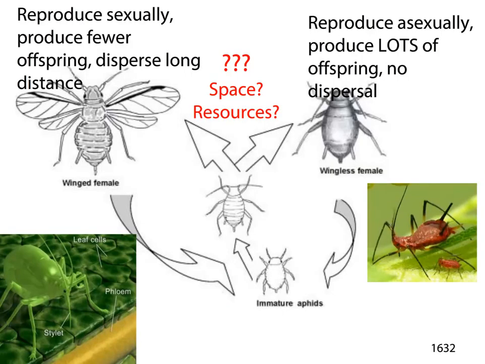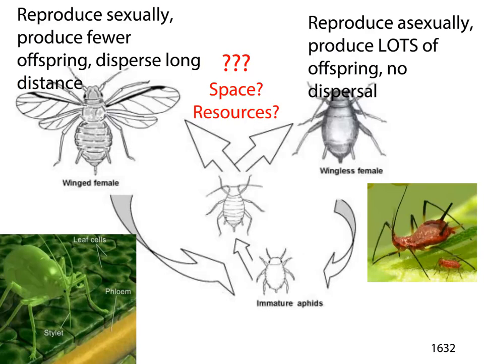Okay, so let's talk about a really cool unexpected mutualism that researchers found not too long ago. But first, let's talk a little bit about aphids. I don't know if you guys have ever seen aphids before. These guys are a pest in agriculture. They feed on phloem. They also have